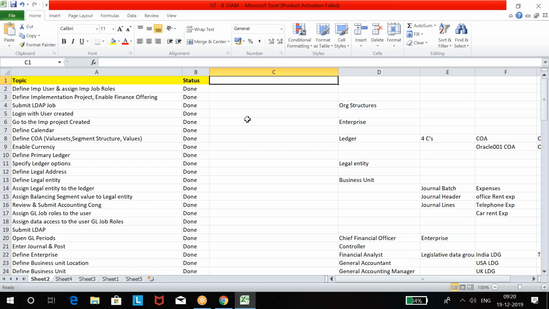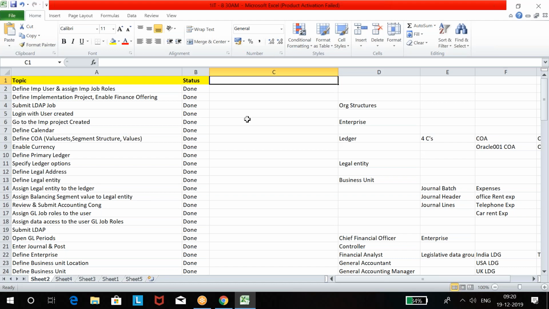Here's a question: the procurement agent credentials are taken by the procurement team, right? So not from the financial level. In real time, the finance team and supply chain management team do this.